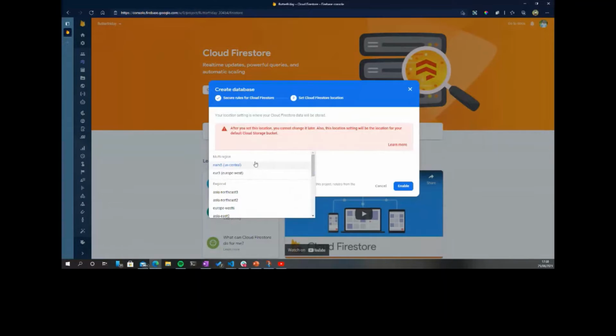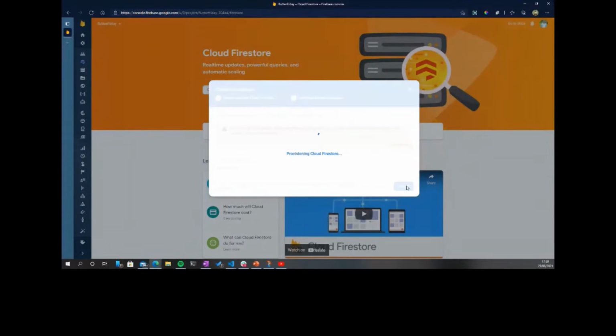So in this case, you can't use US Central. You can use regional. Let's use Asia South, since we're closer to it. Asia South is basically India, around India. You can use any storage bucket, but it will determine the speed at which you'll be reading data. So, as it's provisioning the Cloud Firestore,